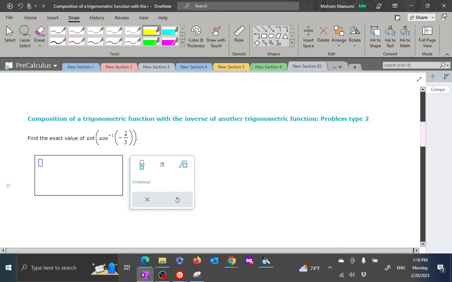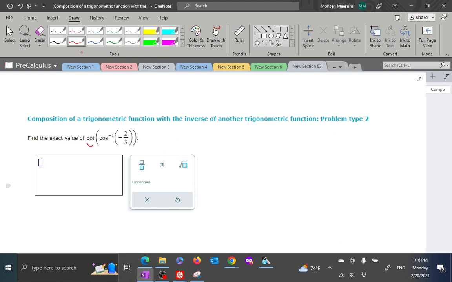It's asking what is the cotangent of the inverse of another function, cosine inverse of some number. So we have one trigonometric function and the inverse of another trigonometric function. In the previous lecture, they were both the same function and its own inverse. Now we are mixing them, and as a result we have a lot more possibilities of this type of problem. So let's just go ahead and see